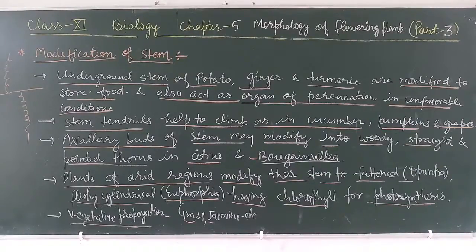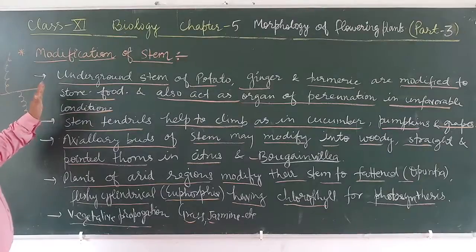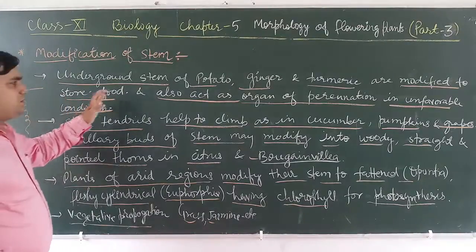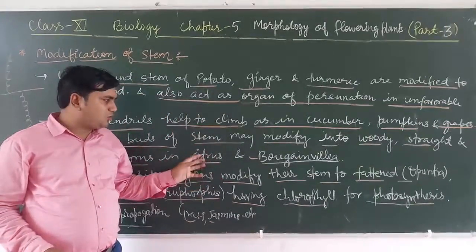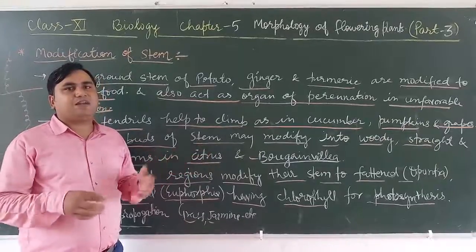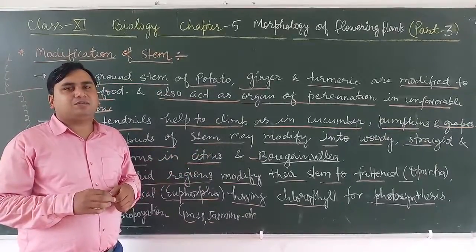In banana, pineapple and chrysanthemum, the lateral branches originate from the basal and underground portion of the main stem, go horizontally beneath the soil, then come out obliquely upward, giving rise to leafy shoots. These are different modifications of the stem, used by human beings for storing food material, along with thorns, which help in climbing and development of the plant.